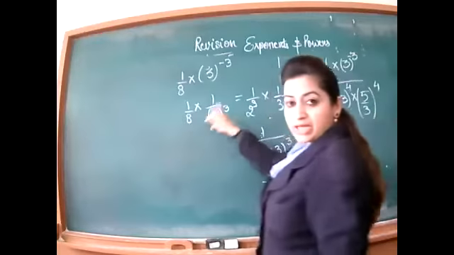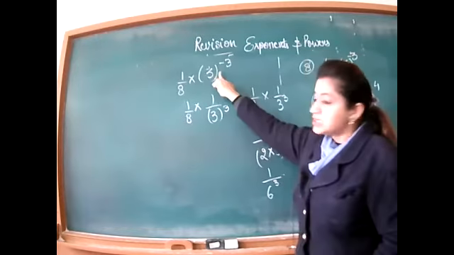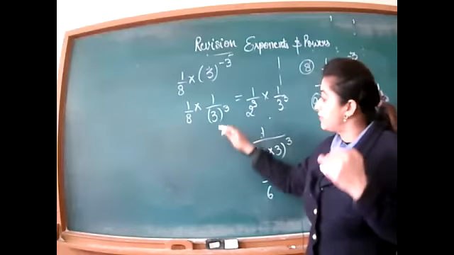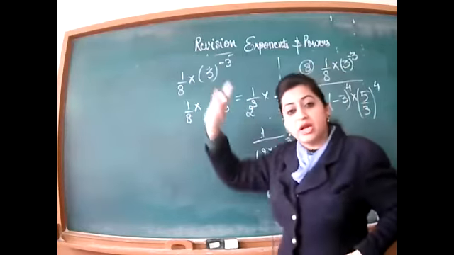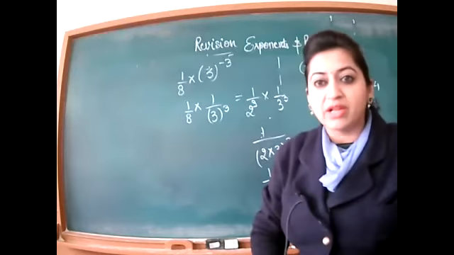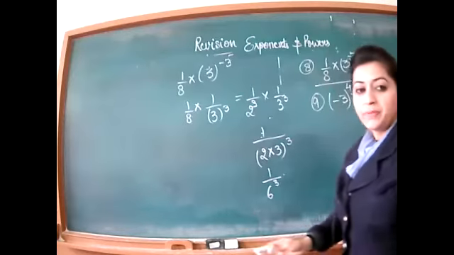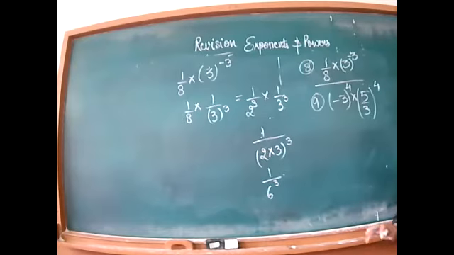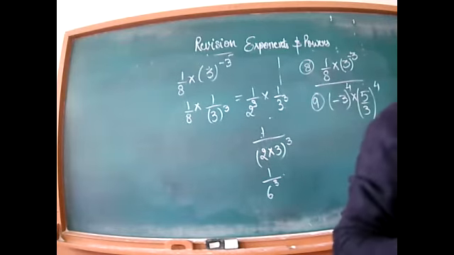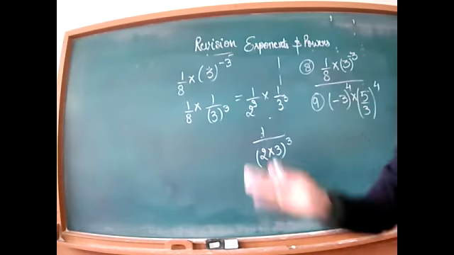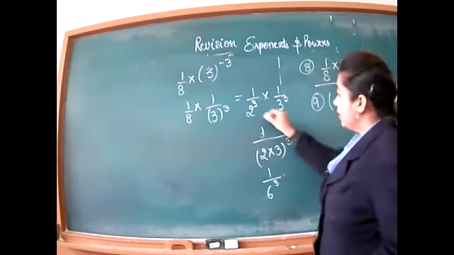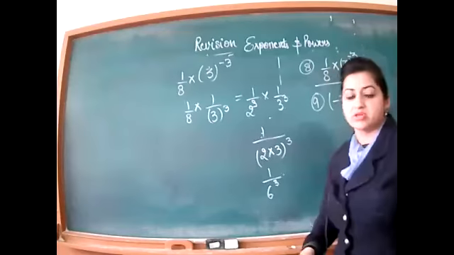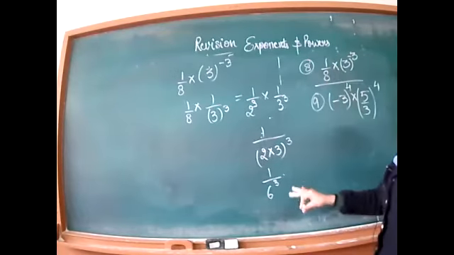1 by 8 we have written as 1 by 2 raised to power 3. This is negative, so we have brought it in the denominator because 8 is already in the denominator. If you want to take this term to the numerator, you can, but it will become negative. That will be a little bit complicated. So bring it here in the denominator, then you can leave it in the denominator, because always when you remove a negative power, you bring the term to the denominator. So it is better to bring it in the beginning. So bases are different, but the power is the same. Multiply this, it will become 1 by 6 raised to power 3. So it is the easy way.